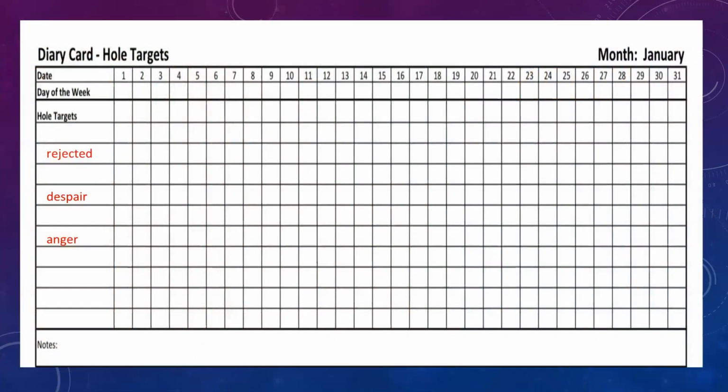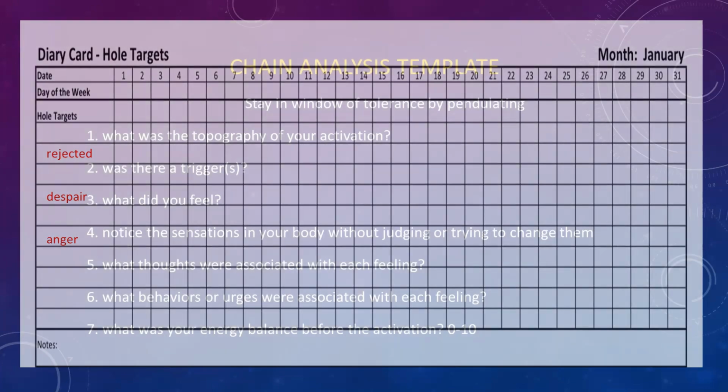Kelly had grown up in a home with parents who were constantly bickering and ignored her and her older brother. From the time she was a teenager, Kelly suffered from chronic low grade depression, punctuated by episodes of more severe symptoms, during which she struggled to function. Her diary card targets were feeling hurt and rejected, feeling despair, and anger and frustration. Following the incident with Scott's homework, her numbers across all the targets had been much higher.